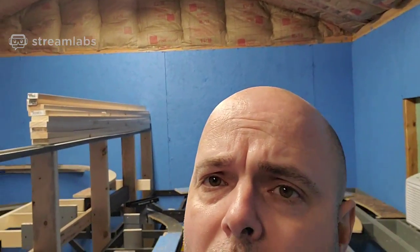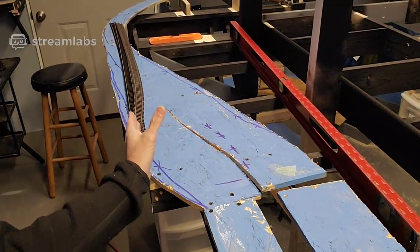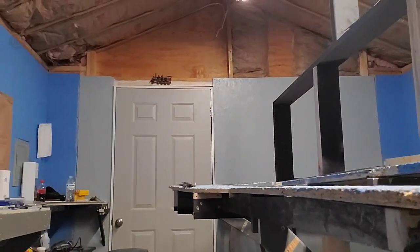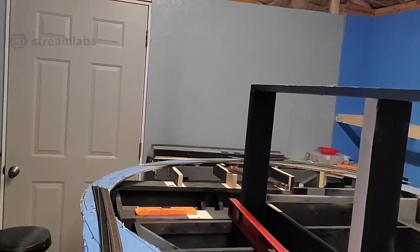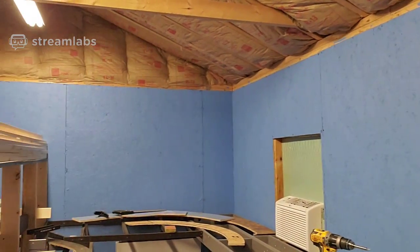Yeah, I just figured I'd take some time while I'm chatting to take all my track work down, because I'm going to flip the camera around for you guys real quick, and hopefully you can see it. See, this is the section here that I redid yesterday, William. If you remember, it was kind of more of an awkward shape, so I redid that. That's the main line. This is the reversing section there. And the grade is good. Let me get you down here. Maybe you can kind of see it, maybe you can't. But the grade is really good now. It's right around probably 2.5 maybe. But starting from this point back, I'm going to go down 1/8 of an inch. And then that will give me a little bit more of a...